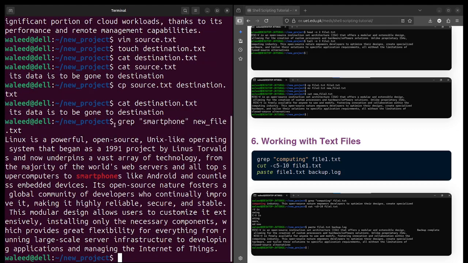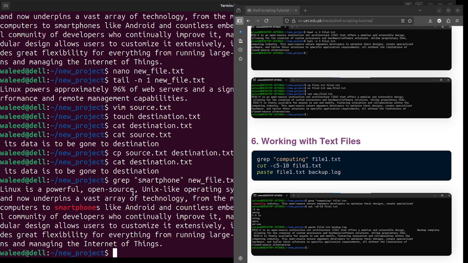So see, I have written grep over here, and the word which I want to search and then the file name. It will simply point out that word with a different color, let's say smartphone, so that we can visualize the word easily. And see, I then simply see that the word which I want is in that specific line in that file. So it's really helpful on a daily basis.